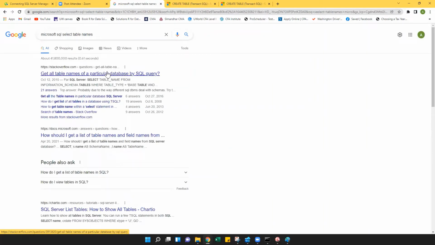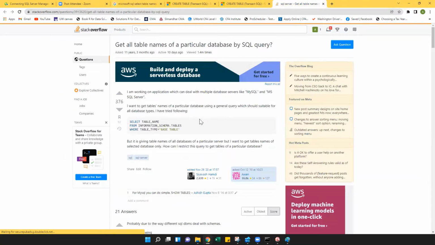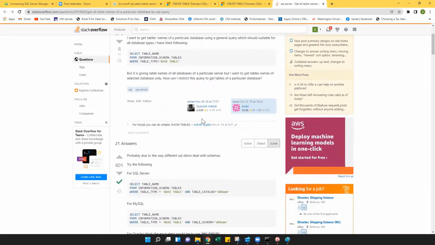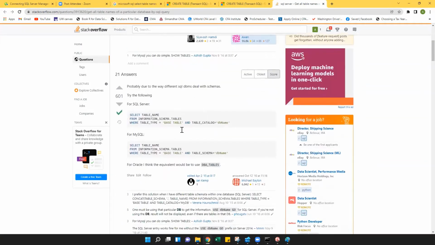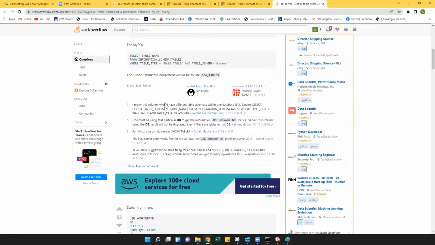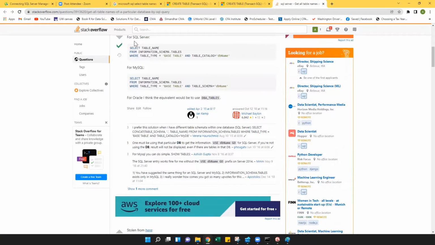Get all table names for a particular database. Then information schema table for SQL Server. You write information schema. This is the command, right? Like I was telling you, for different vendors there is a change in the way queries are written. For SQL Server, this person has given information schema dot tables,